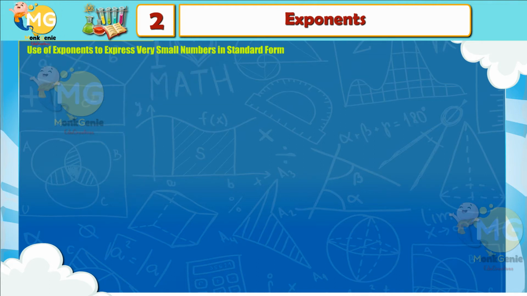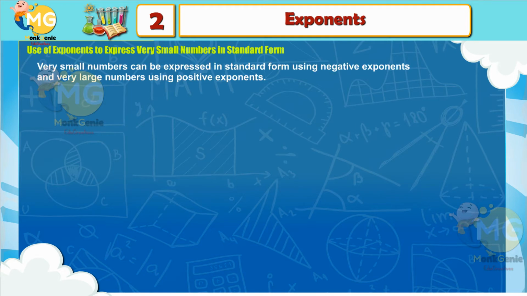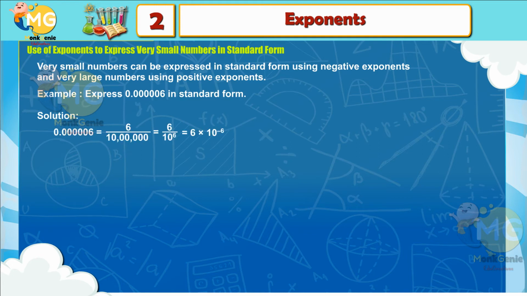Use of exponents to express very small numbers in standard form. Very small numbers can be expressed in standard form using negative exponents and very large numbers using positive exponents. Example. Express 0.000006 in standard form. Solution. 0.000006 is equal to 6 upon 10 lakh, equal to 6 upon 10^6, equal to 6 multiplied by 10 raised to the power minus